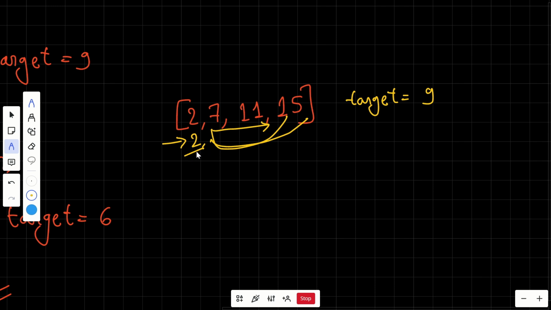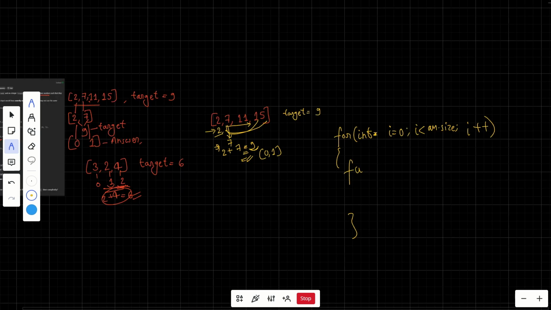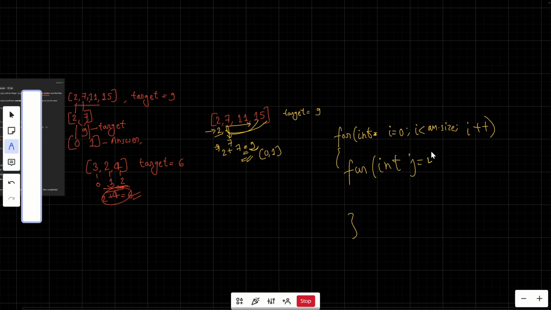So we start from 2, and after that we go to 7, and we check whether 2 plus 7 is equal to 9. Fortunately we found the answer in just our first iteration, so we simply return 0 and 1 for this solution. Basically we have to run two loops, j from i plus 1